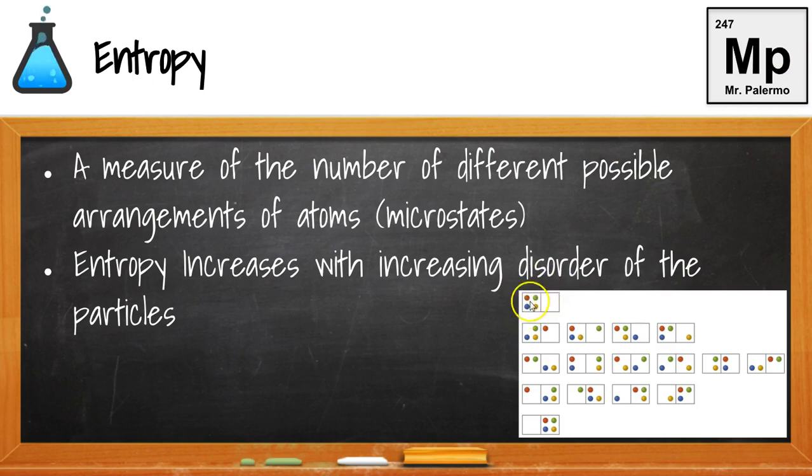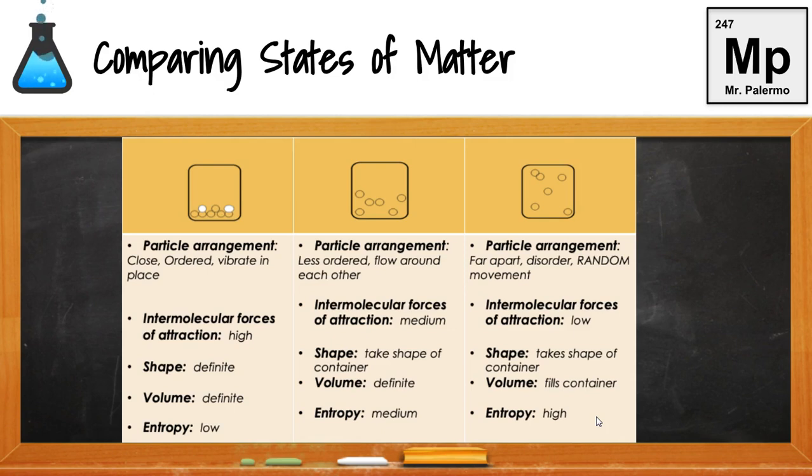Well, if I have 2 places they could be, I can arrange them in all these different possible combinations, or all these different microstates. And so the more particles I have, the more arrangements I would have, and the more boxes I have, the more arrangements I could have. So when we compare states of matter, if you look at solid versus liquid versus gas, if you look at the entropy, solid, since they're all kind of put together, there's only a few different arrangements I could have in this solid form. As I go to a liquid, since they're more spread out, now there's more possible arrangements or microstates I could have, so entropy starts to increase.